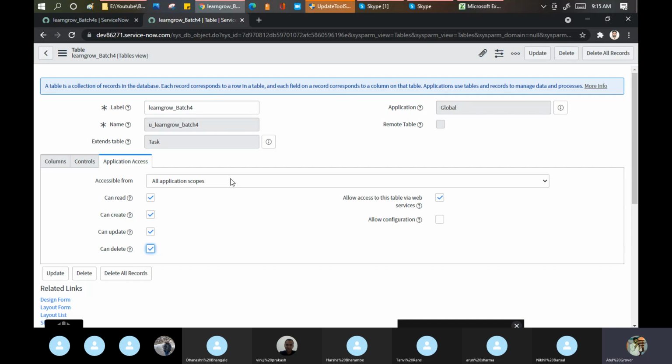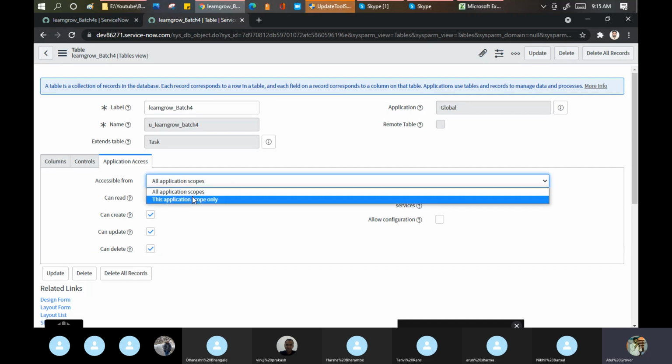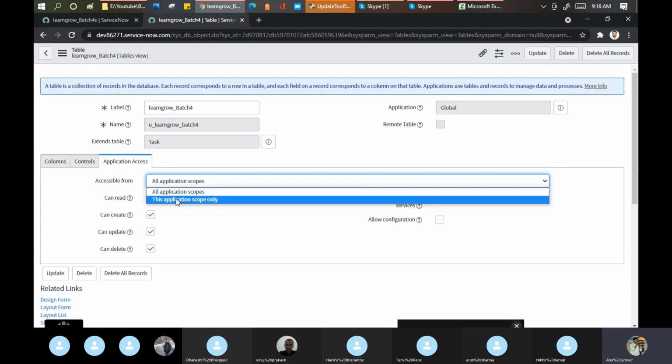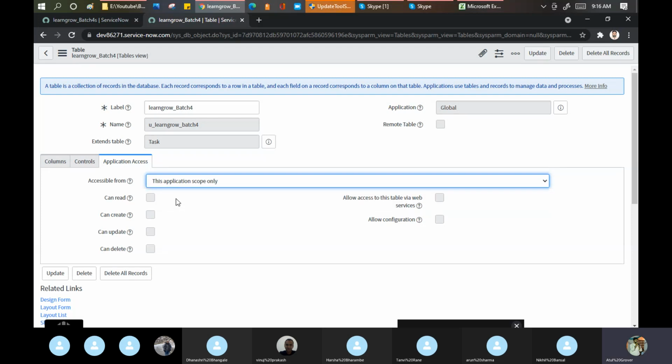Will these notes be accessible to all classes or to a specific application only? Suppose I am a very intelligent person in my class. I created notes of a specific topic, a very big topic. Accessible from means if I say, okay, guys, I have notes available with me, anyone need? It means I am giving the opportunity to all 60 members of my class. Or the application scope only. It means if I say my friends need this, let me share only with my close friends. That is the application scoping here.